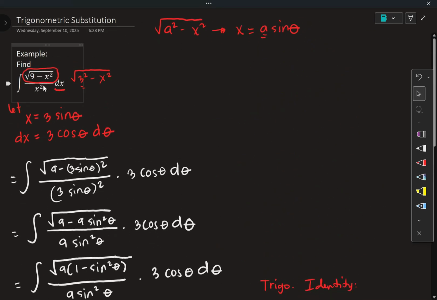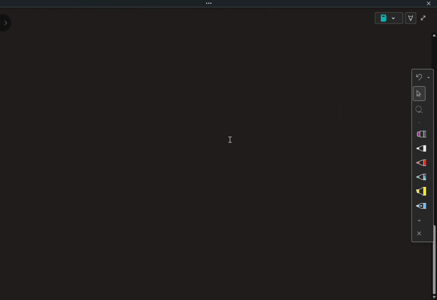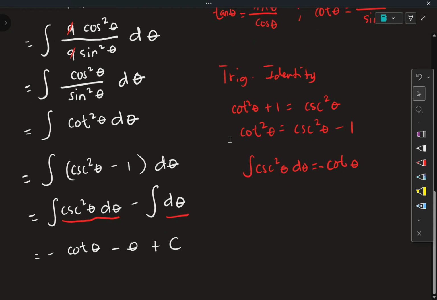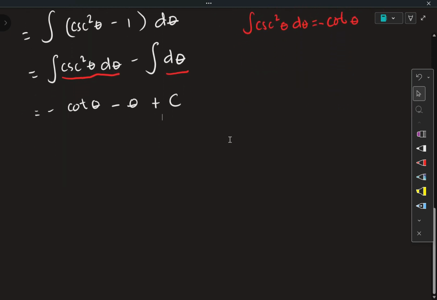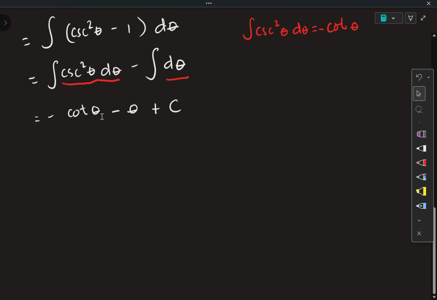We have the integral of square root of 9 minus x squared over x dx. We originally used the variable x and used trigonometric substitution to solve the integral, so to have the final answer we will return the values to the original variable x. Remember that we used the substitution x is equal to